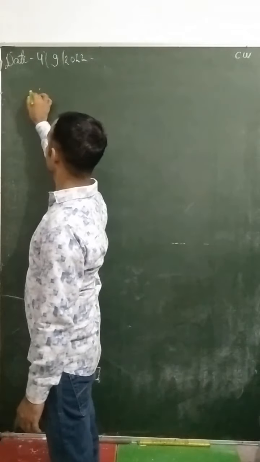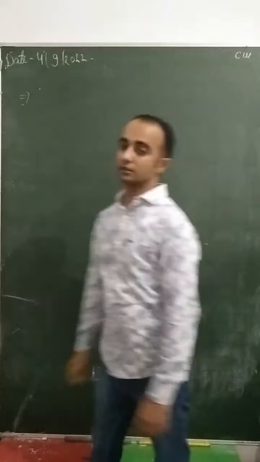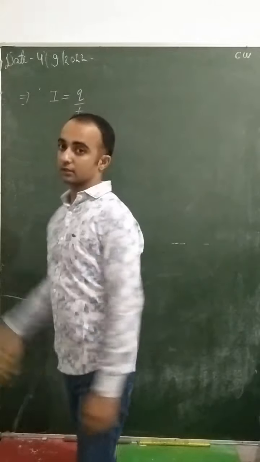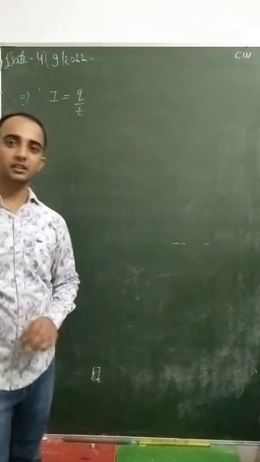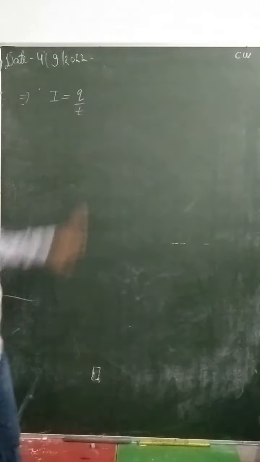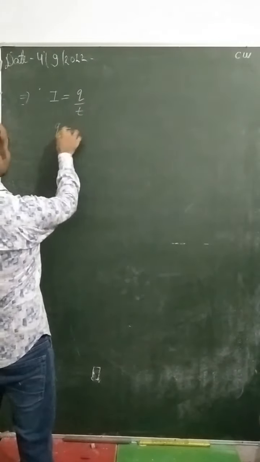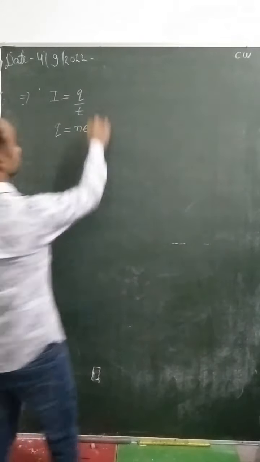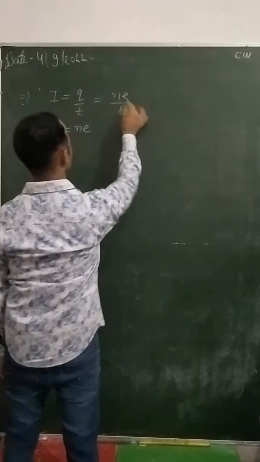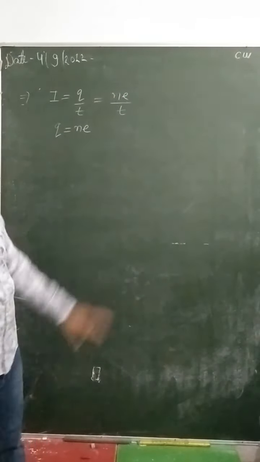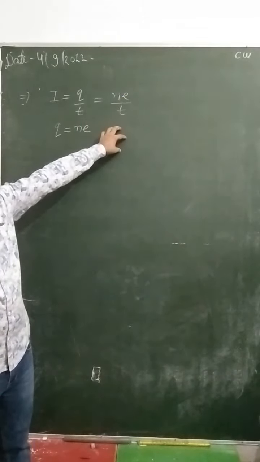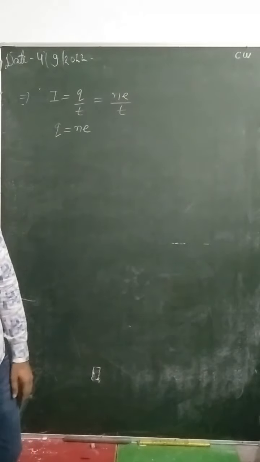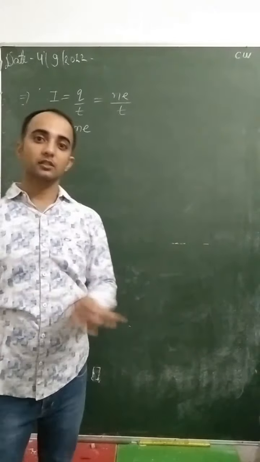Properties of current and questions related to electric current. Electric current I equals Q upon T. We will take this formula to represent electric current, the rate of flow of charge. Now in electrostatics we know that according to quantization of electric charge, Q equals NE. So we can use I equals NE upon T. You can use these relations for numericals also, for charge and time on a straight path as well as a circular path.